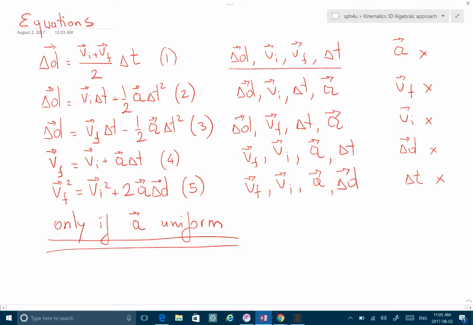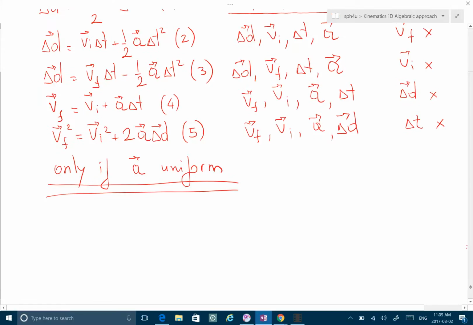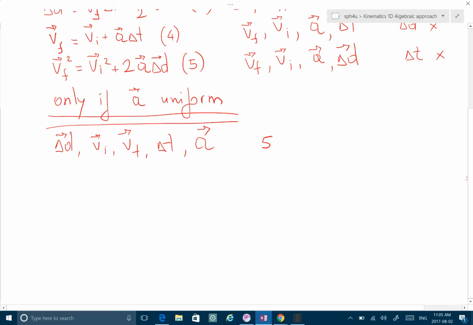So in order to solve a kinematics problem is to find one of the quantities. Remember the quantities, which ones they are, right? So delta D, VI, VF, delta T, and acceleration, of course, DI, DF, distance, and whatnot. But these are the main ones. So as you can see, there are five of them, right? And all five quantities. And all our equations have